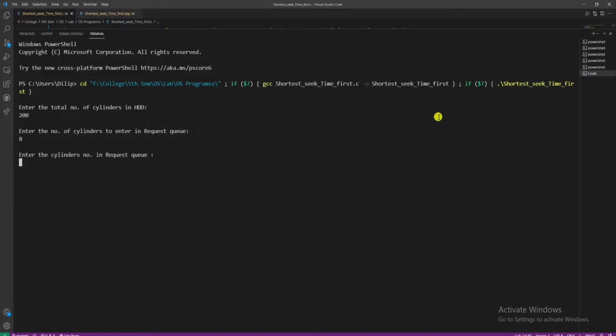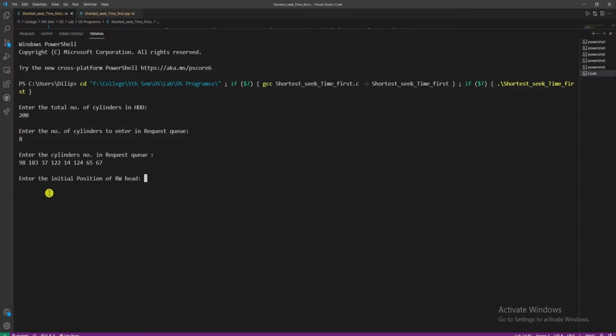So I enter 8. After that it is asking to enter the actual cylinder numbers in the request queue, so I will enter the cylinders that we have seen. Now I have entered all 8 cylinders. Here we have to take care that these cylinders can be the same also. For example, you have entered 98 as the first request. Now after 183, you can enter 98 again, because a request for the same cylinder number can come at any time. So your cylinders can all be different, or there can be some repeated cylinders in the request queue. That is a valid input.